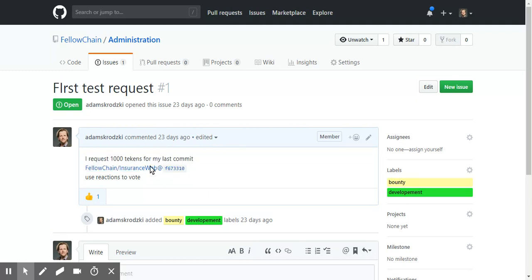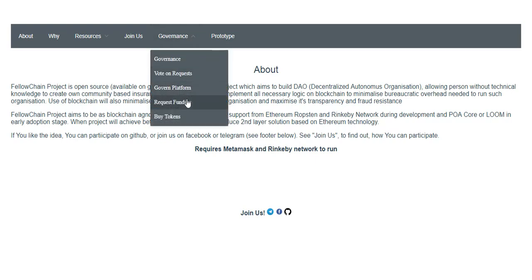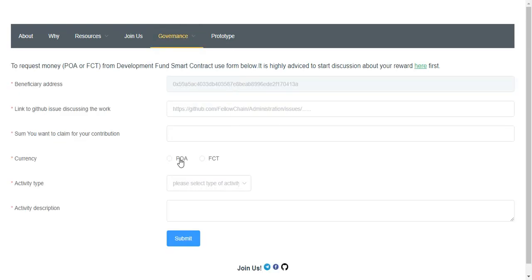So here I request 1000 tokens for my last commit. Here's the commit. Then there will be a discussion about that, and when the discussion gets to a conclusion, then you can request